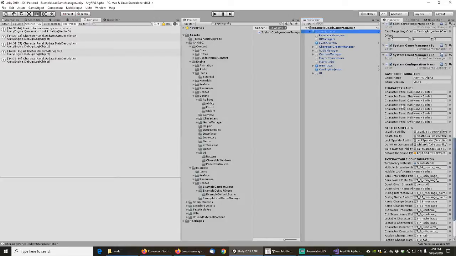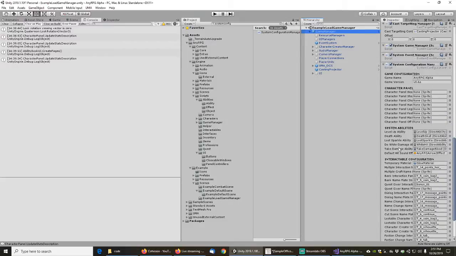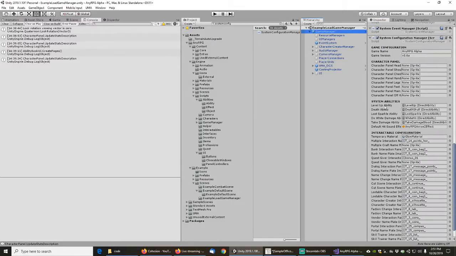That's a lot better. Okay, so we want to put the right icons in there now. So we'll go grab those from our icons directory here